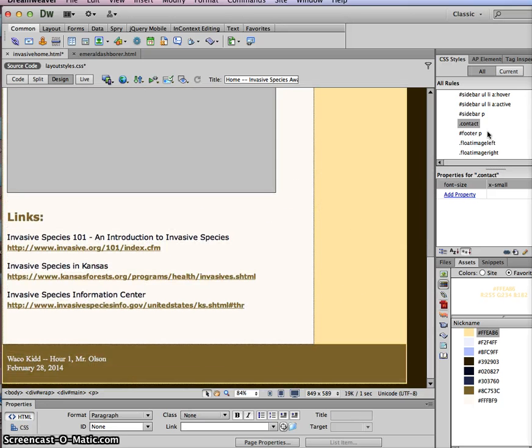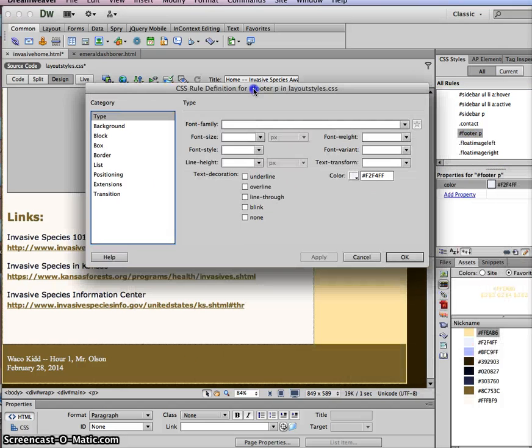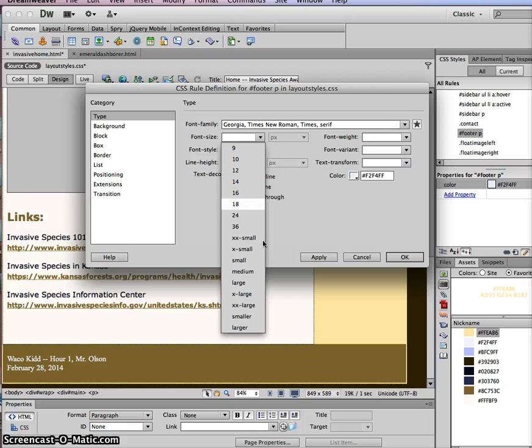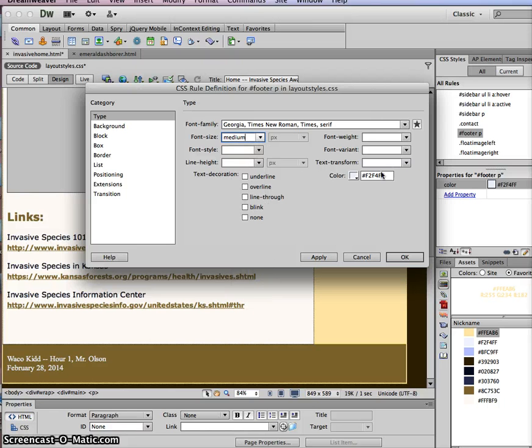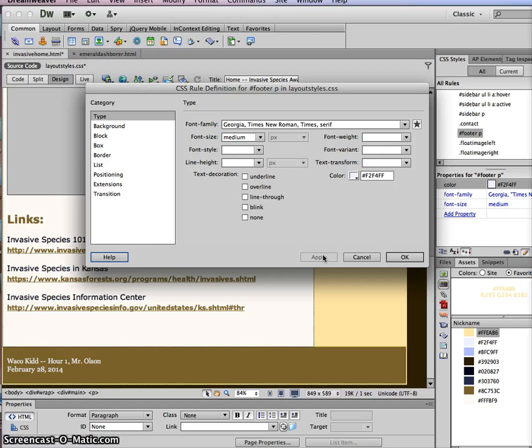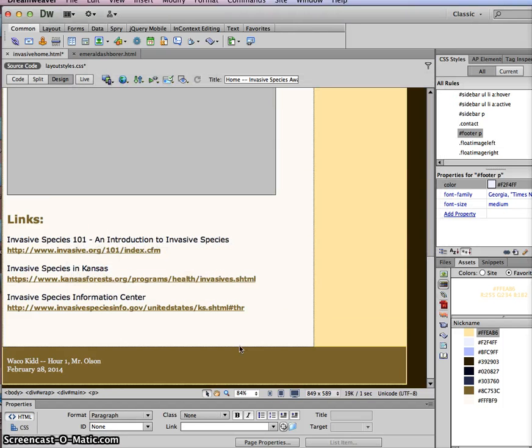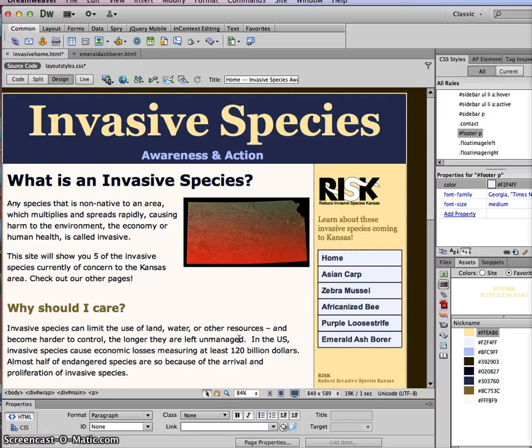Let's see, the footer we need to change. I've already got a footer P class. If you don't, just make one. The footer is kind of the fine print at the bottom, so again, I'm going to go with Georgia, maybe medium. That color might be okay. Okay. Thinking that's pretty close to being